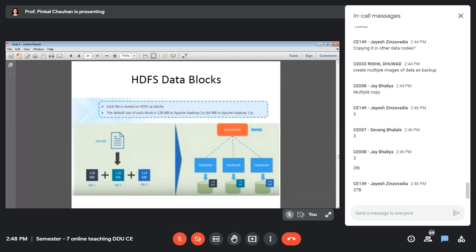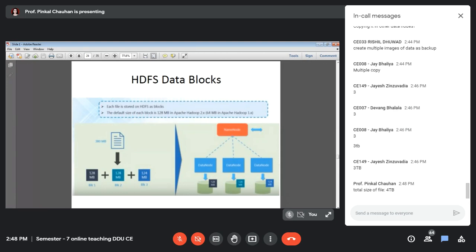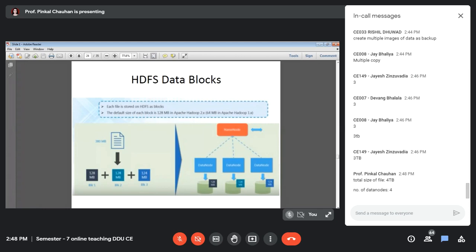The total size of the file is 4 TB, and the number of data nodes is 4. So each data node will contain what amount of data?